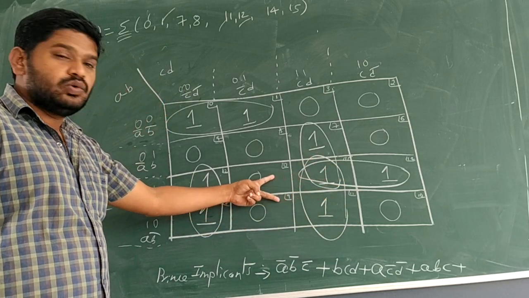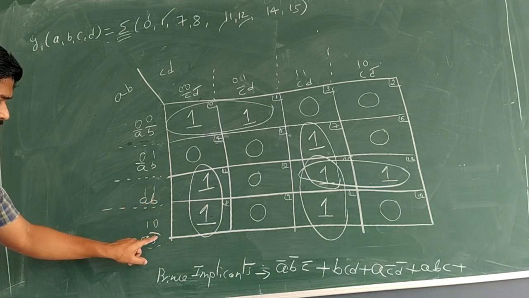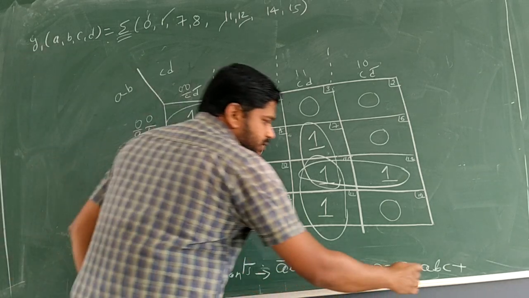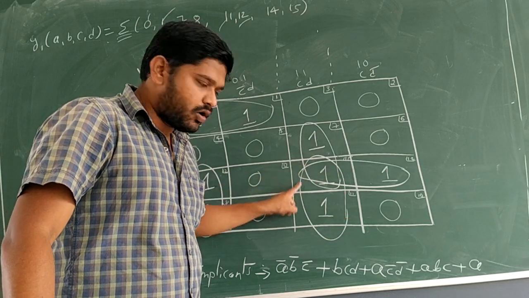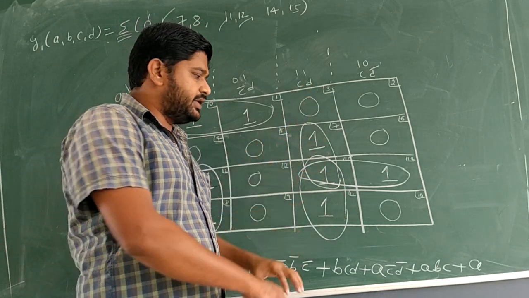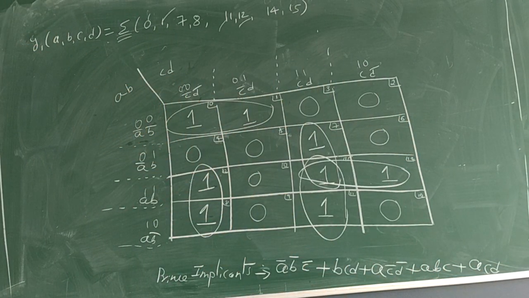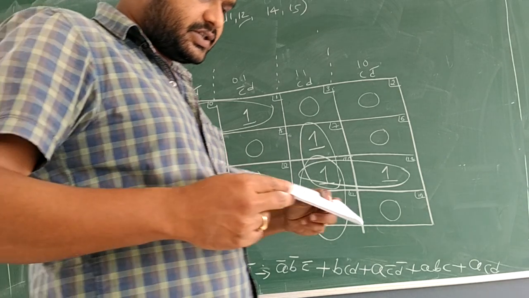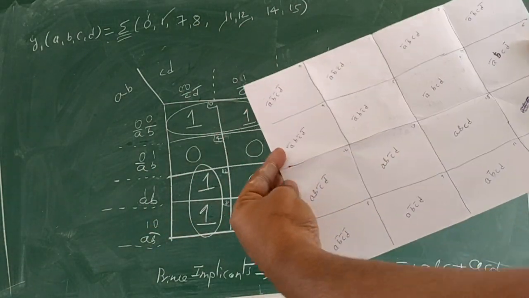15 and 11, two rows, AB and AB complement. So B and B complement cancel. We have the first variable A. Since it is only one column, what is that? C with D. A, C, D. Okay. So now for us it is finished, but we have to consider this other representation. Okay, so now I hope it is clear.